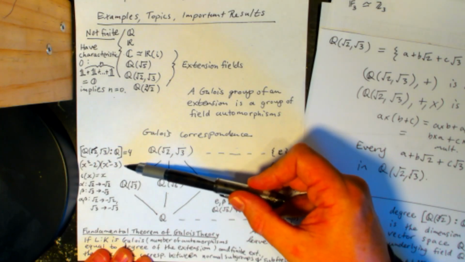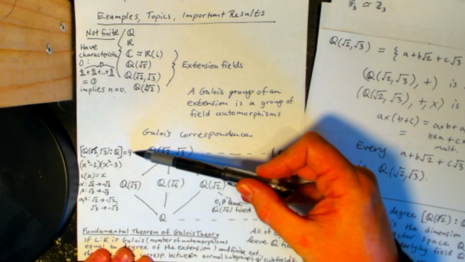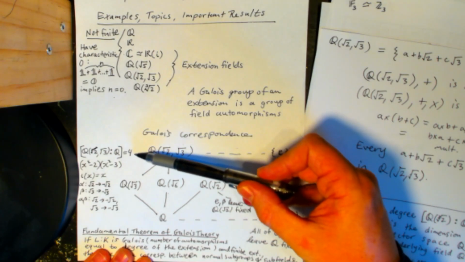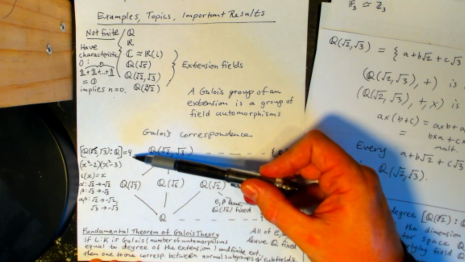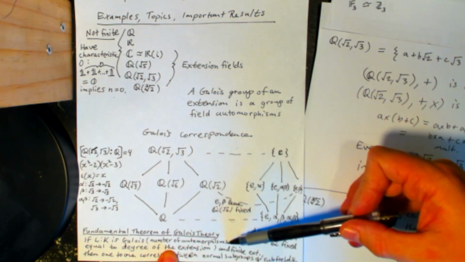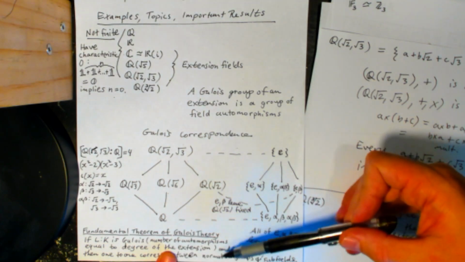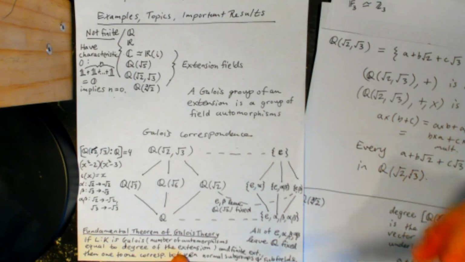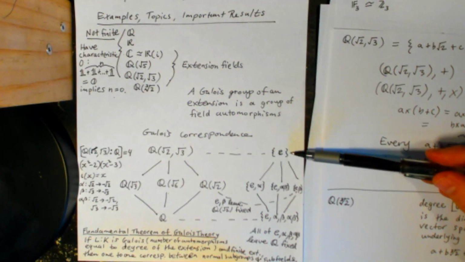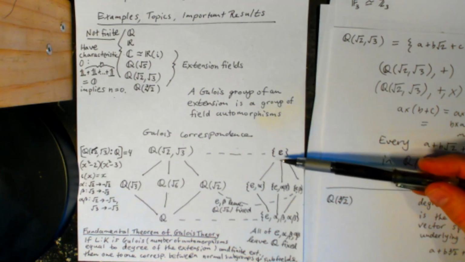Now this has degree 4, so this extension is of degree 4. And that's equal to the number of automorphisms of the Galois group. Here I've got the Galois group drawn in the same way as a tower